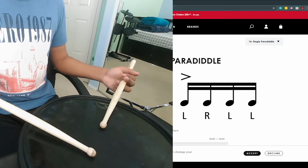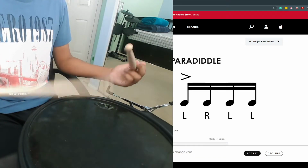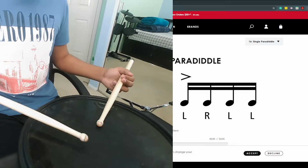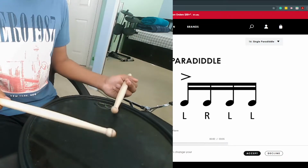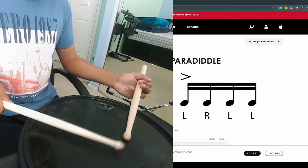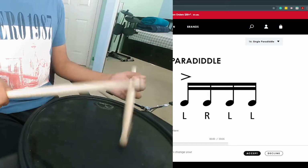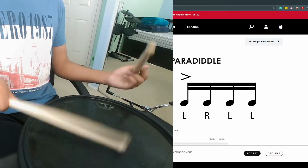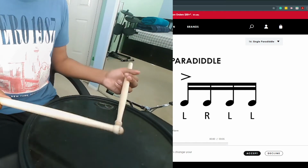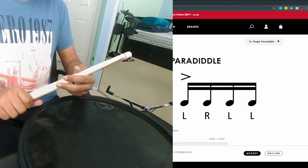So first you want to start off with the basic rhythm, and if you already watched the last video, you know it. So it's just like single stroke roll, straight up 16 notes. So now that you've gotten the hang of that, you want to put the sticking in. So instead of just playing right, left, you want to try right, left, left, and you want to practice that until you get the hang of that, and then you want to put the accents in. So it's like this, and then once you get the hang of the basic stroke and the basic sticking,